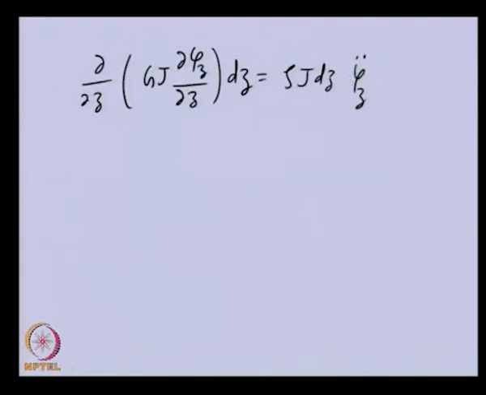You can see that this will get cancelled and we will be left with the equation of motion of the continuous shaft for the torsional vibration, which will be given as